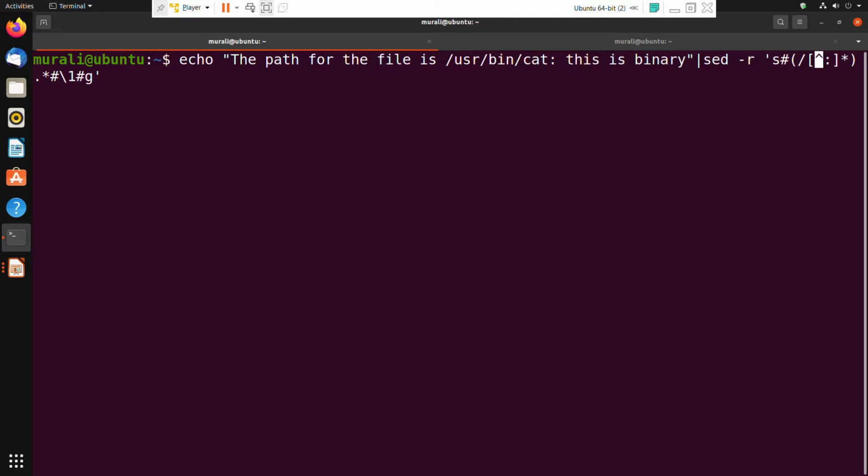Let me repeat. Within square brackets, whichever set of characters we give means a single occurrence of any of the characters in that set, and this is known as the character class regular expression. As part of the character class I have given a colon character, but that colon I have prefixed with a caret within the square brackets.